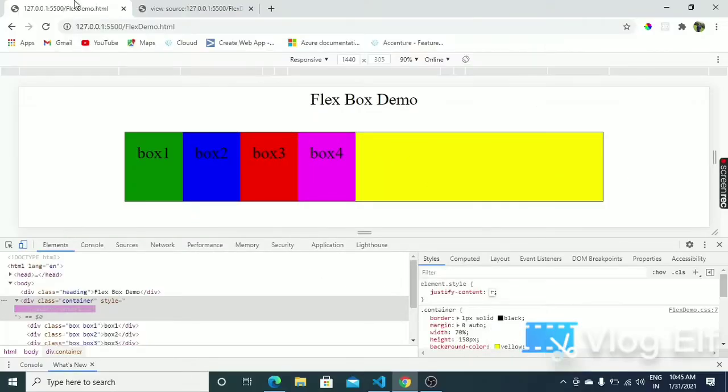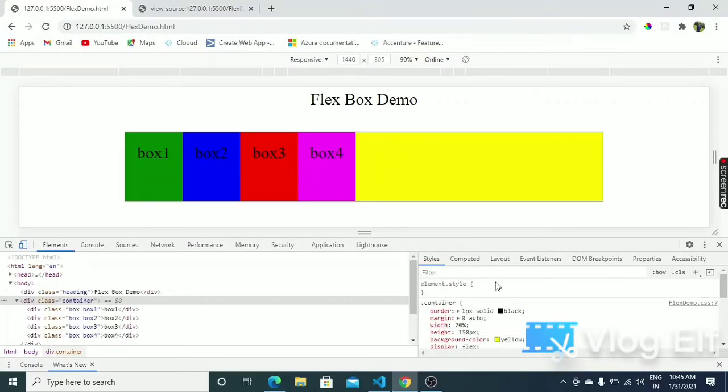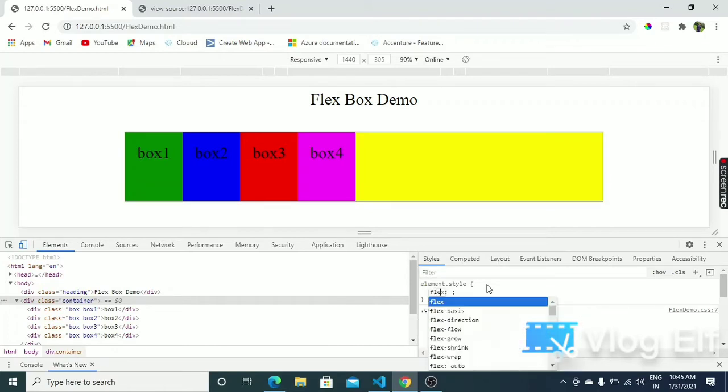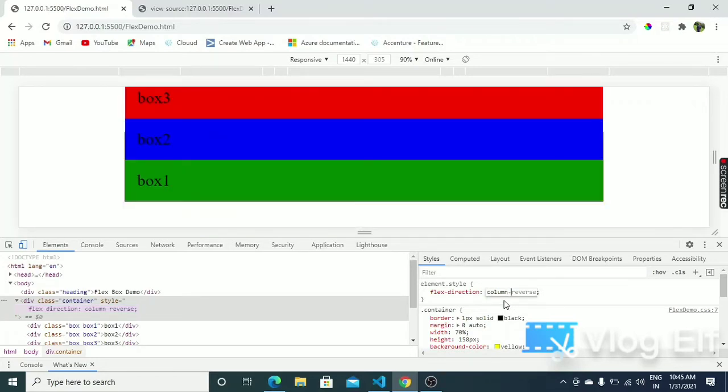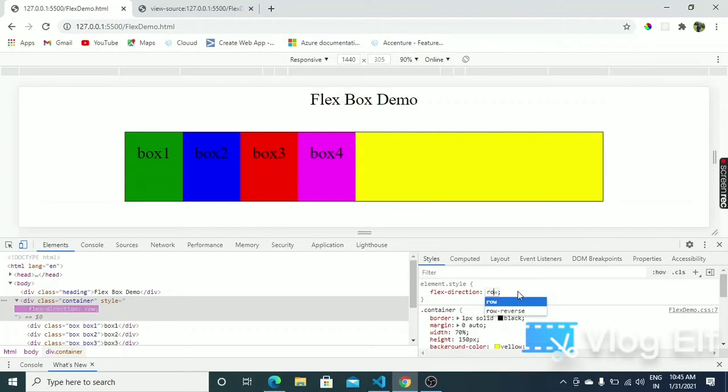It has a property called flex direction. We can give column, so it will align in the column format. We can give column reverse, so the elements will be reversed in order. And we can give row, so it will be aligned in the form of a row.